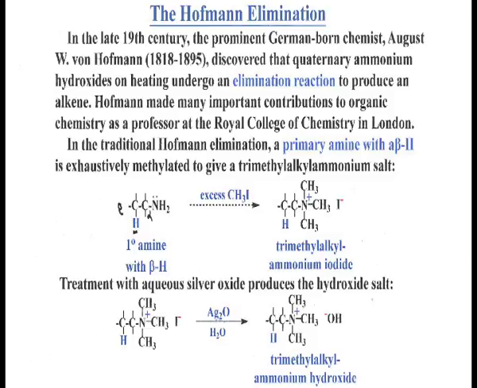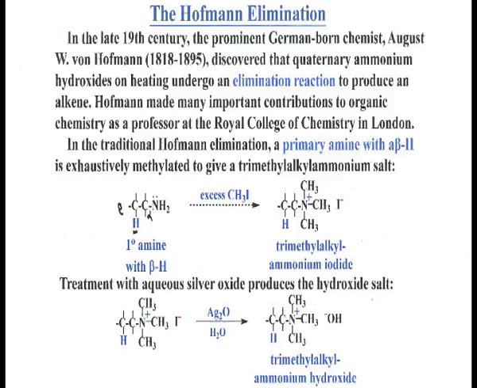If you have CH3CH2NH2, let us take this compound as a primary amine. One thing is there: next to the nitrogen, the first carbon is called the alpha carbon, the second carbon is called the beta carbon. So this is a primary amine, because the NH2 is free, and there is a beta hydrogen present in this molecule. So if you treat it with excess methyl iodide, what will be the product? Think.